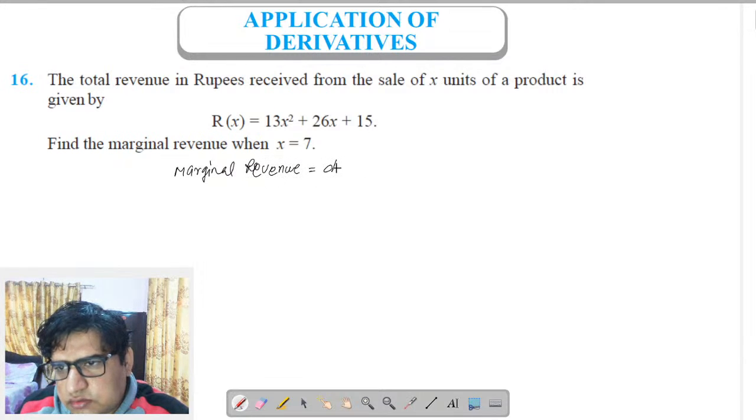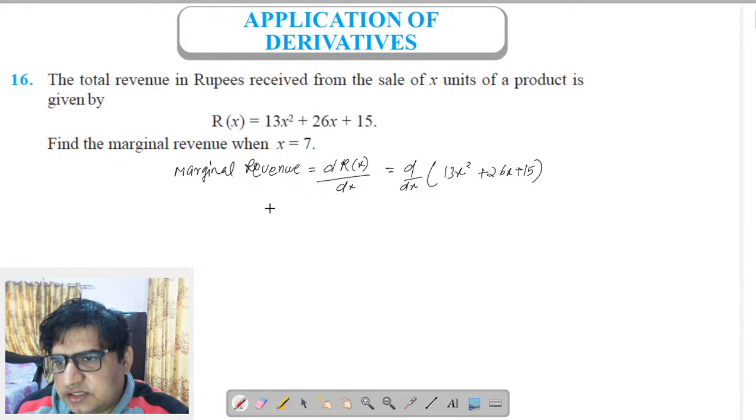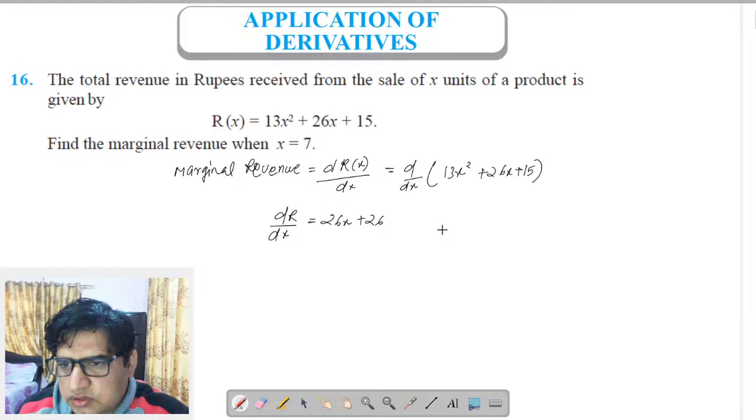is equal to dRx upon dx, ठीक है, and that will be equal to d by dx of revenue function that is 13x square plus 26x plus 15, ठीक है, and so from here we have dr by dx is equal to, so d by dx of 13x square that will be 26x and d by dx of 26x will be 26 only, and d by dx of 15 is 0, ठीक है, so dr by dx